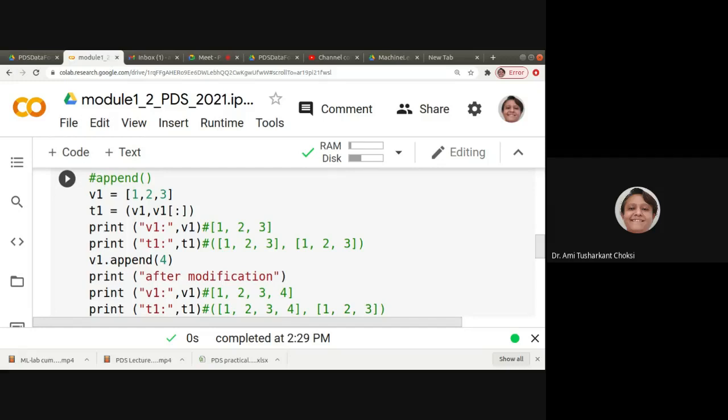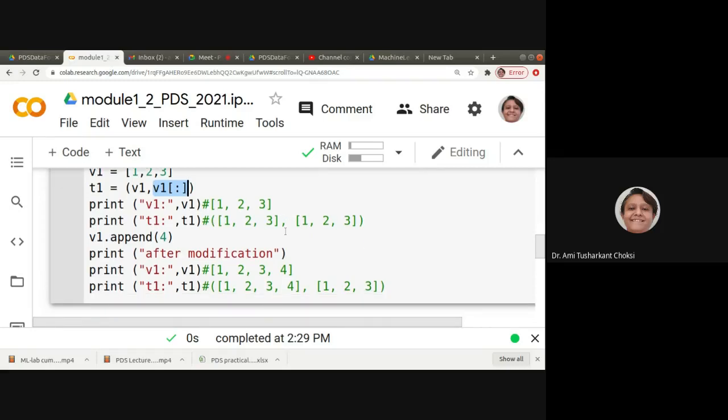So what happens? When we print V1, it will give us 1, 2, 3. It is a simple list. What about T1? That is a tuple. So we'll have 1, 2, 3, 1, 2, 3, right? For this one, as start and end indexes are not there, it will consider the whole list. So this tuple T1 has 1, 2, 3, 1, 2, 3, two lists available inside it.